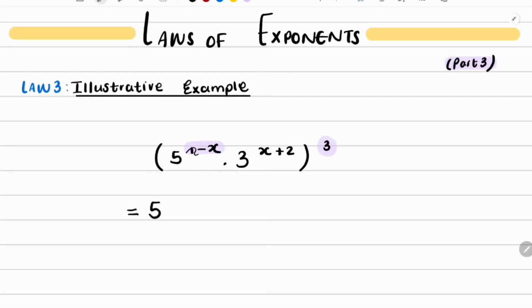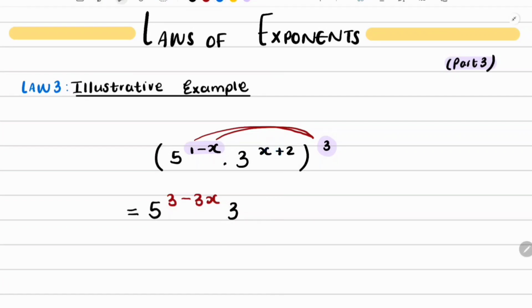Well, you have to make sure that the 1 and the negative x gets a chance to multiply to the 3. So the 1 multiplied by the 3 would give you a 3, and then the negative x multiplied by the 3 would give you a negative 3x. Then this is being multiplied by 3 to the power of